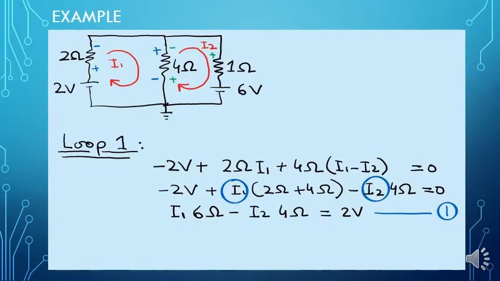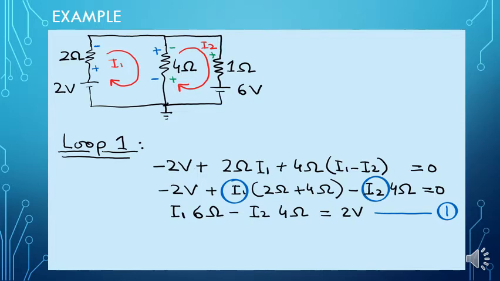Now we can clearly understand the method of loop analysis with the help of this example. As is clearly shown, we have two loops. One loop represents current I1 and the other loop represents current I2. In loop 1, we have a 2 volt voltage source, a resistor of 2 ohms, and another resistor of 4 ohms. We have assumed the direction of current I1 as clockwise. Similarly, we have another loop in the circuit, and the direction of current I2 in that loop is also clockwise.